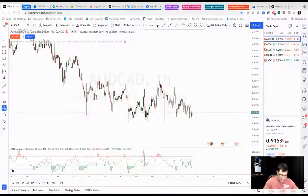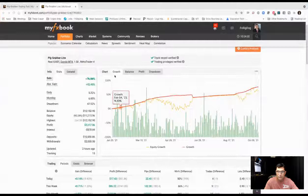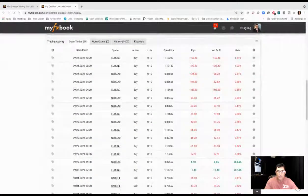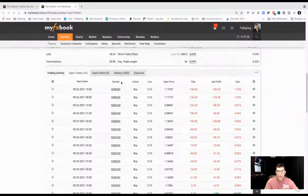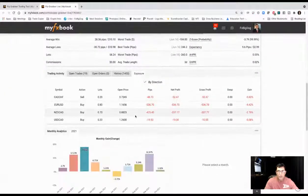Now, if you take a look over here on this particular chart, this is the Aussie Canadian. Currently, we're not holding any positions in it, and I can go ahead and show you. Here it is. If I go into the open positions and into the summary, you can see that I'm currently in quite a bit of the New Zealand CAD positions. I'm in on the Euro US dollar, and I'm in on CAD Swiss,